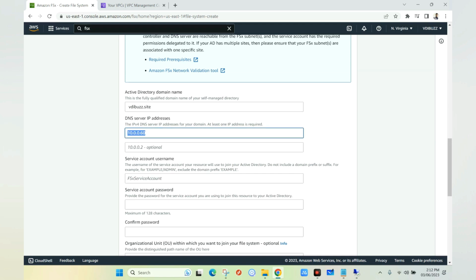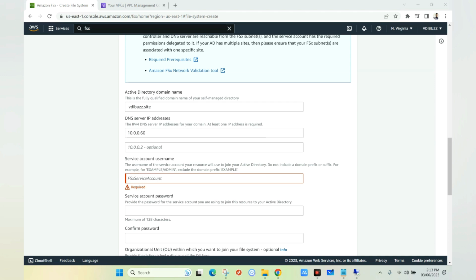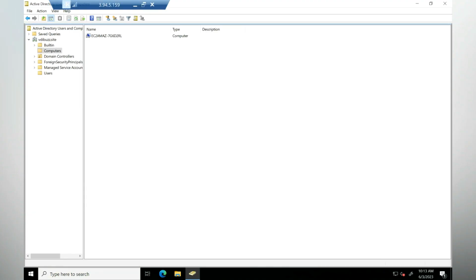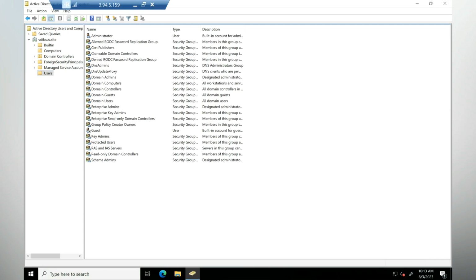Now the service account, which is very important. We need to create a domain account. We should have permission to join the computer machine or storage account to the domain. So to create a service account, let's go back to our domain controller, under users,